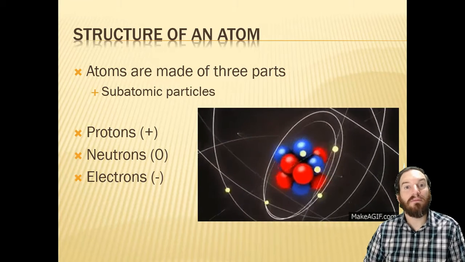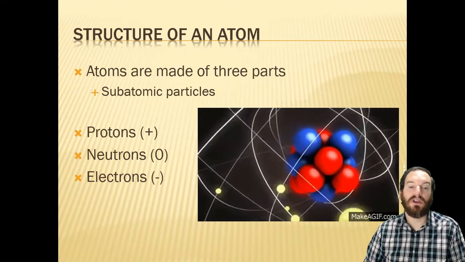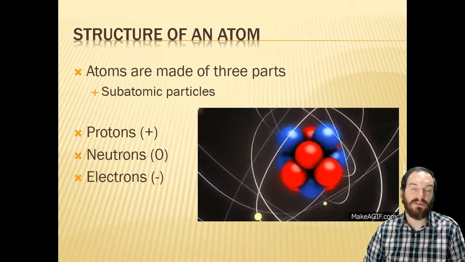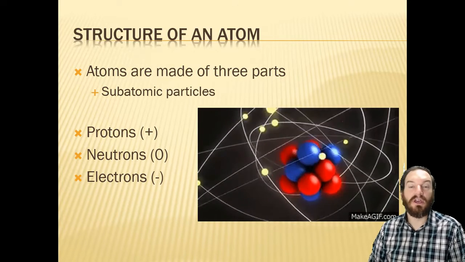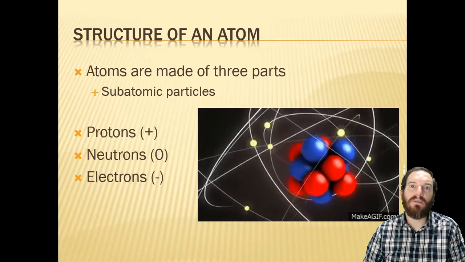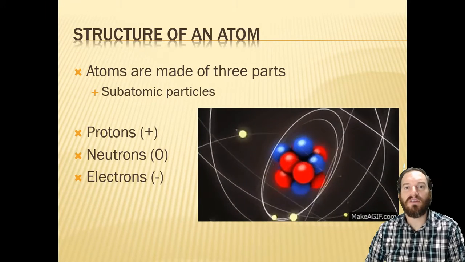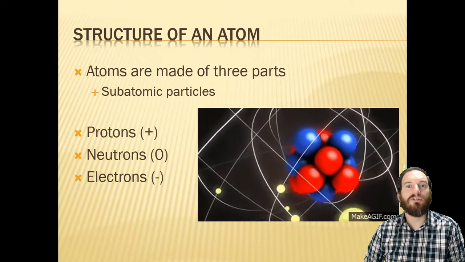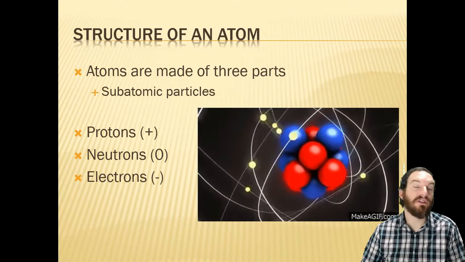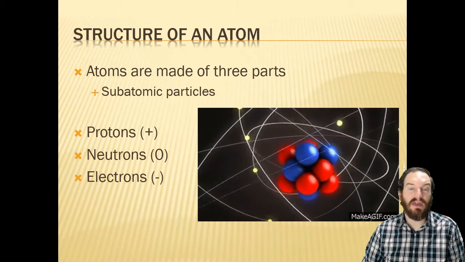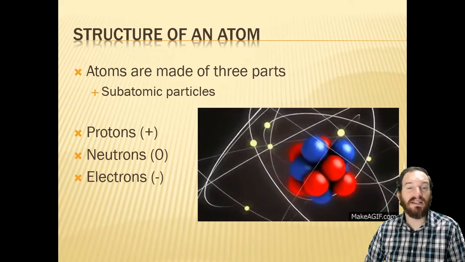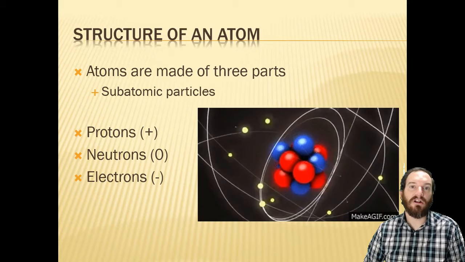And there are three major subatomic particles. There are protons, electrons, and neutrons. Those are our three subatomic particles. Protons have a positive charge to them. They have this electromagnetic charge, so they exert this positive charge. Neutrons are neutral or have a null charge, a zero. They don't have a positive charge. They don't have a negative charge. They're just right in that middle. And then electrons have a negative charge.